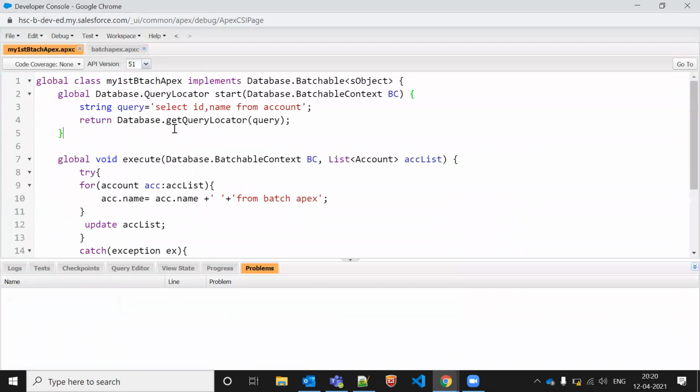So what we have to do, we have to create two. Let's make the first one.